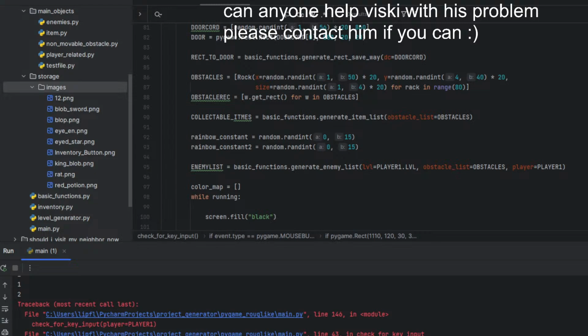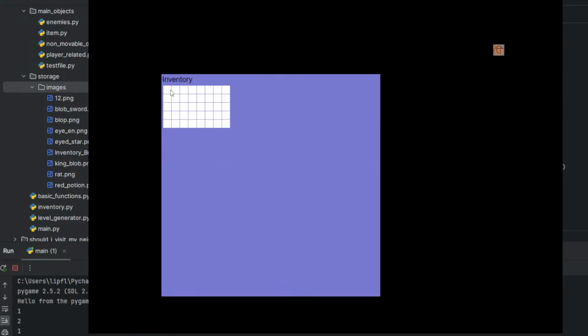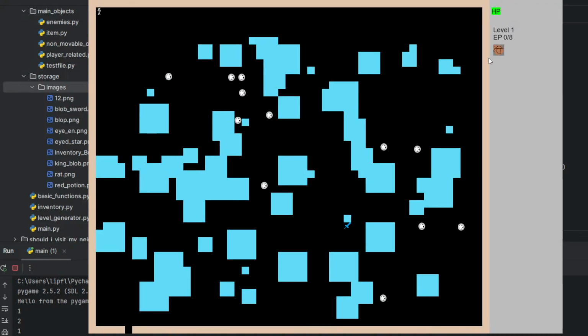So if pygame rectangle, again. Do I not even get the issue? Hello to the ones who joined. Trying to solve an issue because I'm doing a roguelike pygame like this one.